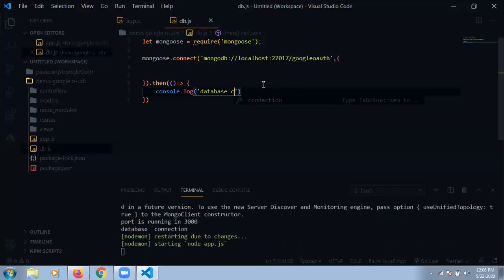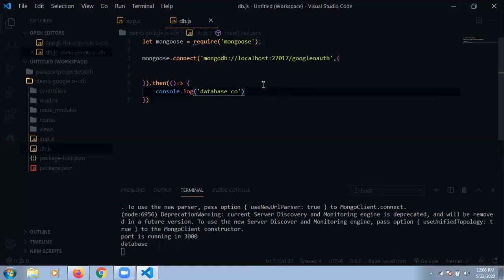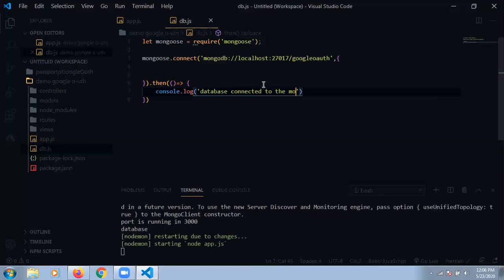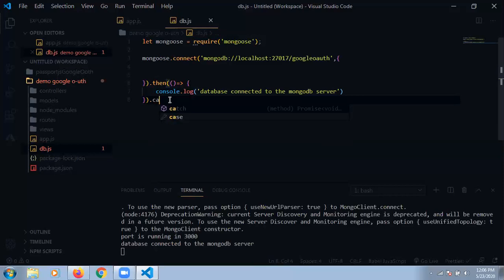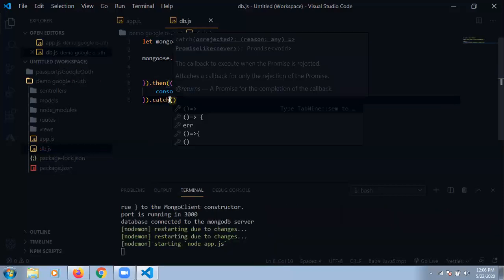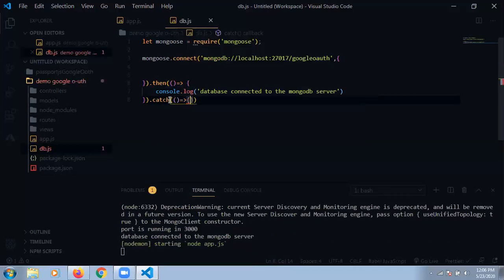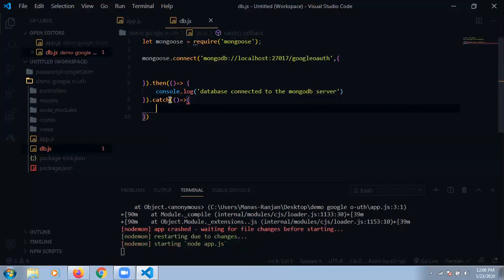Database connected to the MongoDB server. Okay, guys, and if it's not connected, meaning if any error is there, here we can write the error also.